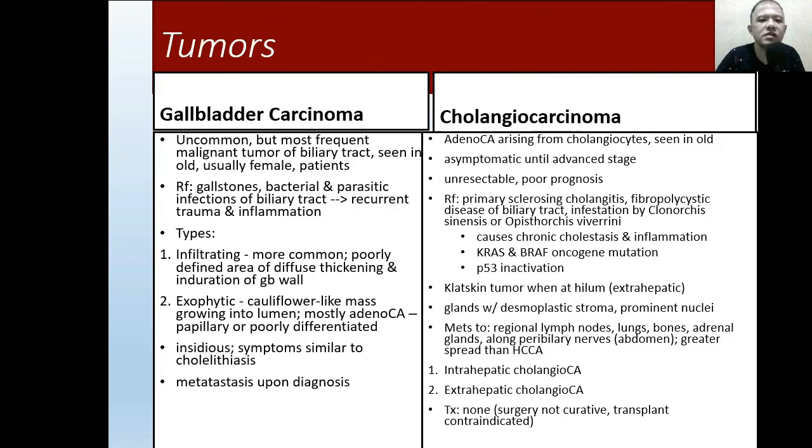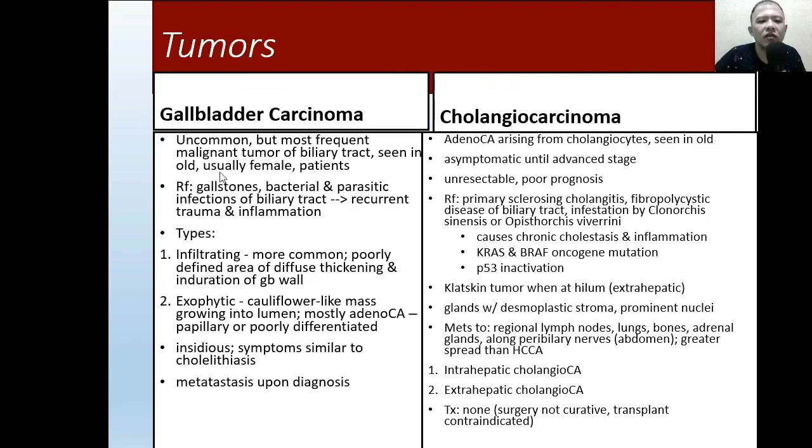For tumors, you have only two. Okay, you have the gallbladder carcinoma and cholangiocarcinoma. A tumor arising from the gallbladder, okay, that's gallbladder carcinoma. This is very uncommon, okay, but it is the most frequent malignant tumor of the biliary tract. Okay,